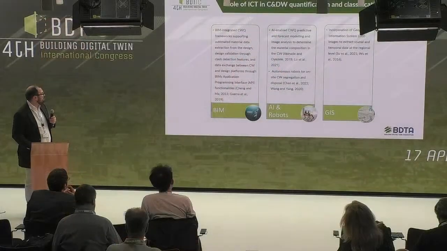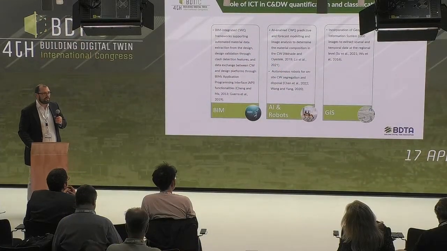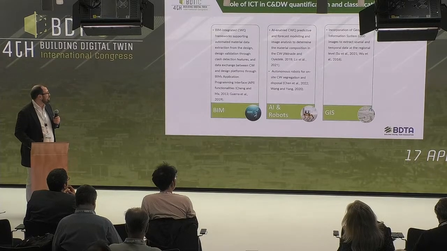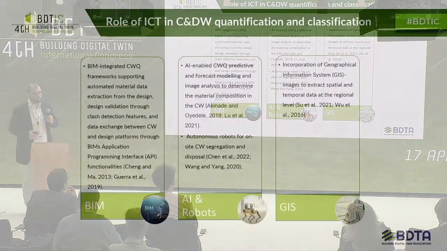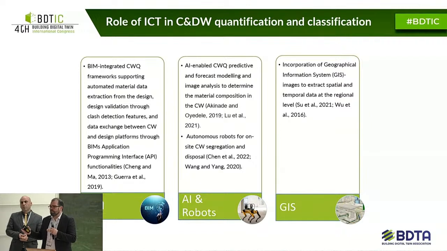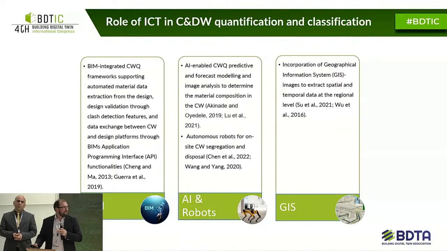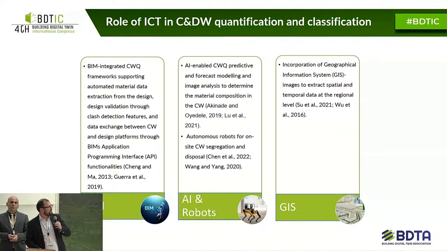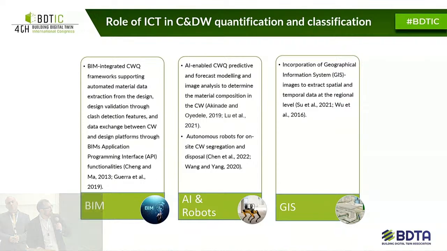What are the options that we have in the industry already? What are the options that we have in order to make construction waste part of the digital twins? We have BIM. BIM is quite resourceful in order to achieve the level of decision making throughout the different stages. We are not going to affect the impact that construction waste has unless we address it from the very beginning, from the design stages of a project. So that's the role we see for BIM in this area.